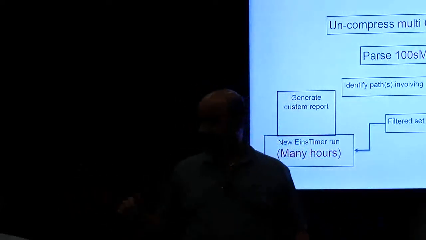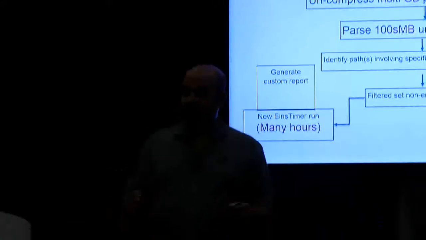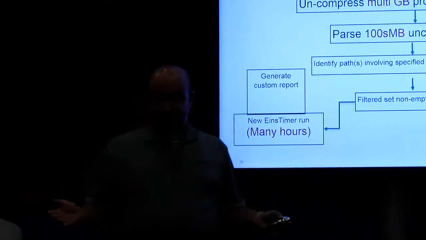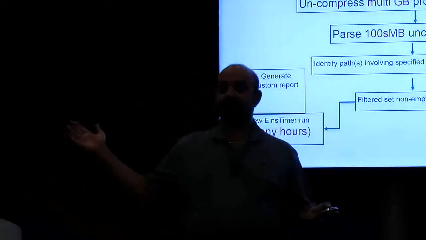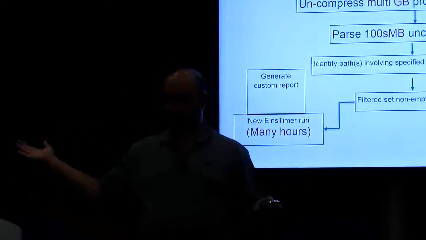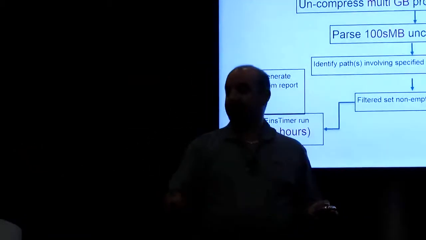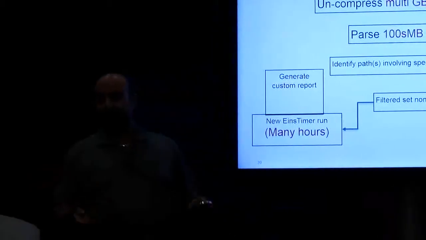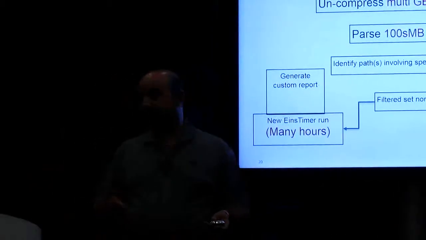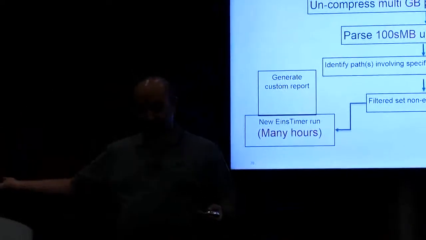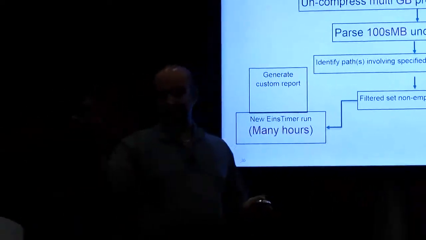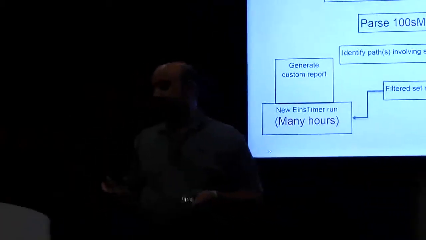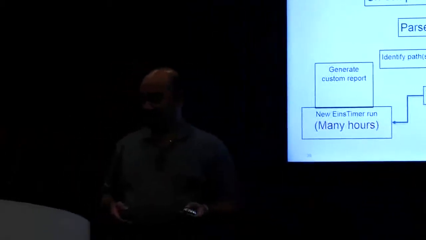Sounds really simple, right? The problem is that if all you have to work with are simple text-based reports, you have to search through a ridiculous amount of hundreds of text-based reports that are stored across the complete hierarchy to try to find this information. And you spend a lot of time writing Perl and Python scripts to go chase the data, find the reports that go along with the version of the microprocessor design that you care about today, parse that data. This is a really, really painful process.